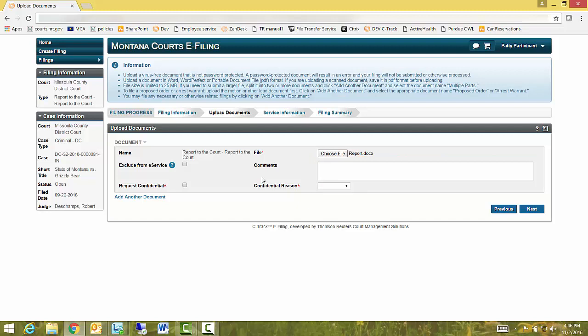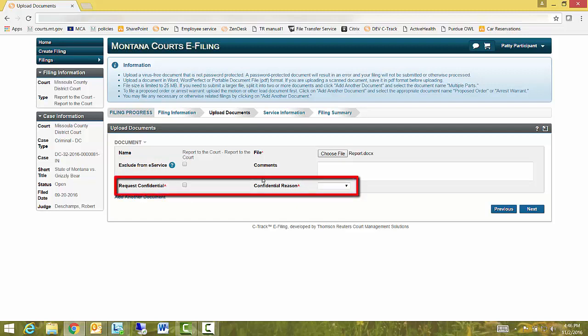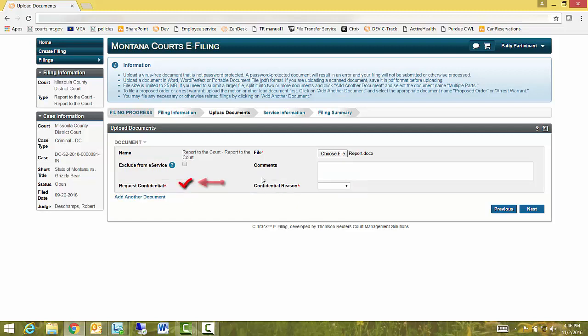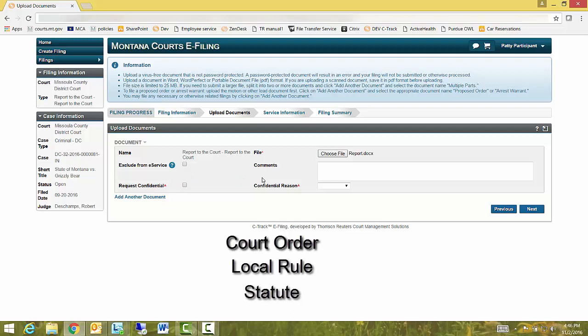We have the option to exclude this filing from being e-served to other e-filers, and we have the option to request this document as confidential. If you check the box, you must provide a reason for asking it to be confidential. The three reasons are court order, local rule, or statute. You only have to ask for your document to be confidential if it is being filed on a non-sealed case. For example, if you are filing on a sealed juvenile case, you do not have to ask for your document